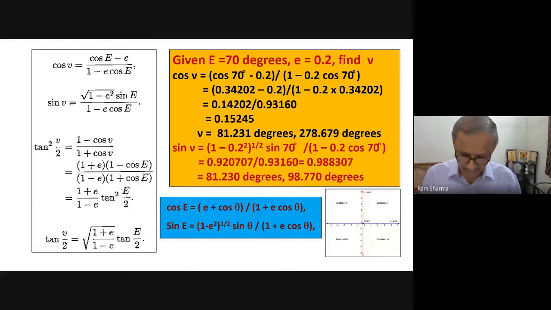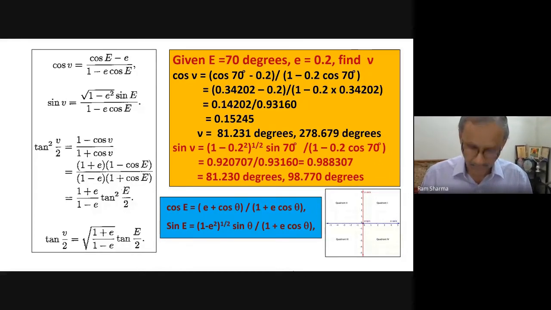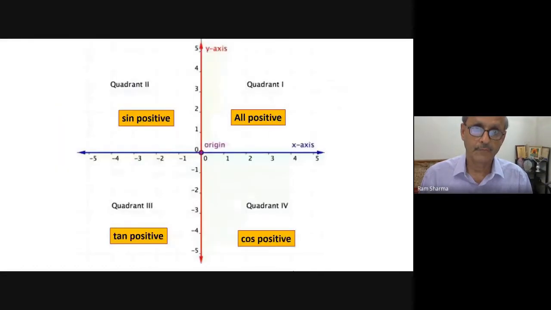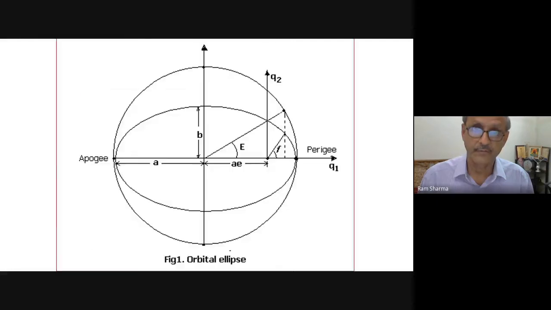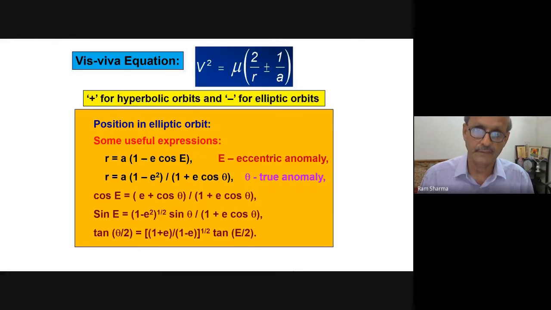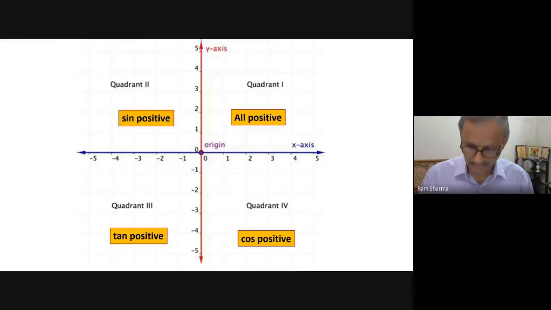Similarly for the other one, for E also. If you want to calculate E from cos E and sine E, again the same thing. You have to use both the equations. Then only you will get the correct quadrant. So that's why the sign was important there. This helps the students, those who forget, they use this.